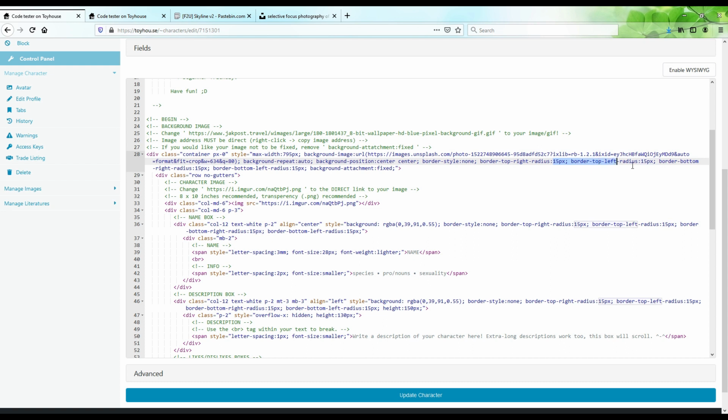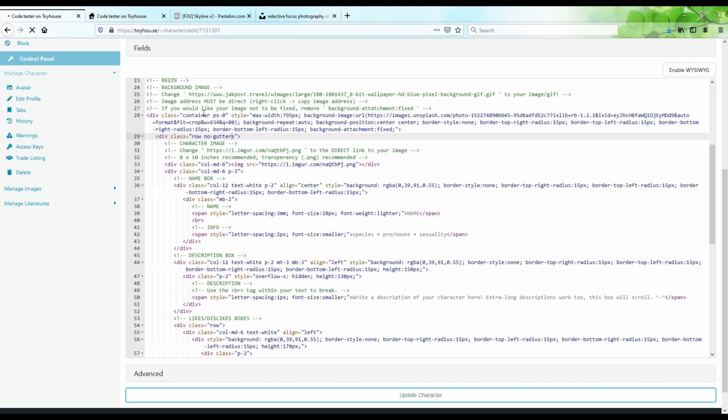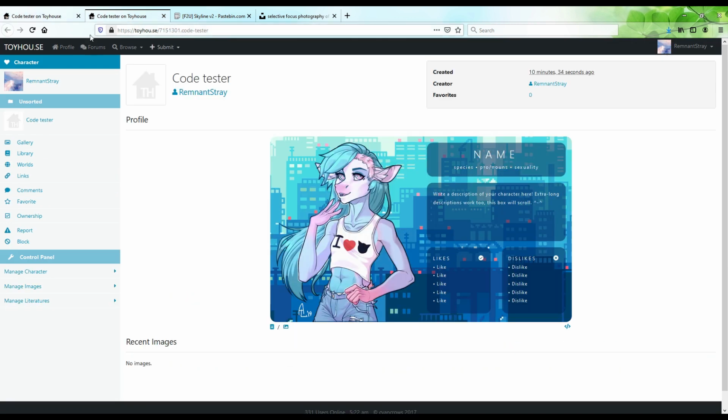These radius boxes are just how the corners are rounded off. I quite like them how they are. If you want more rounding, you can change the pixels to a higher number. If you don't want any, you can set it to 0. So if I were to go update that now to show you what that's done, and go back to the